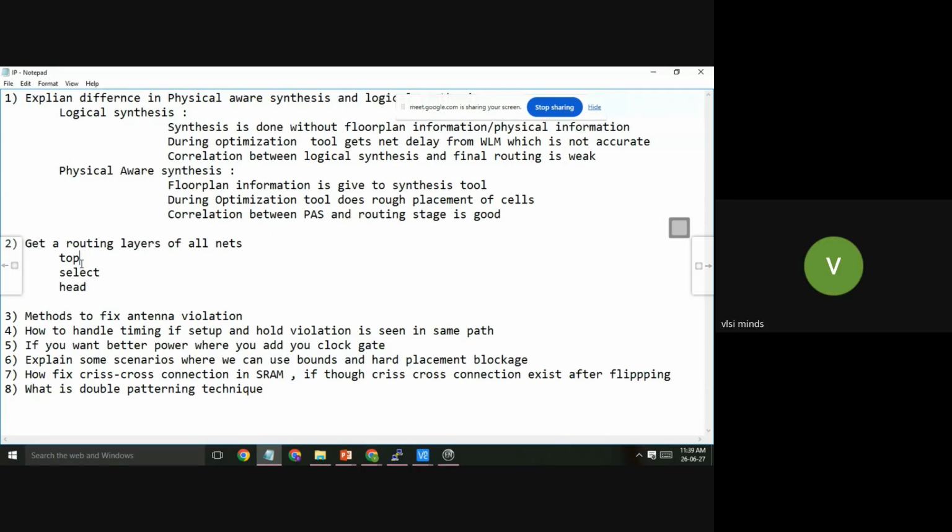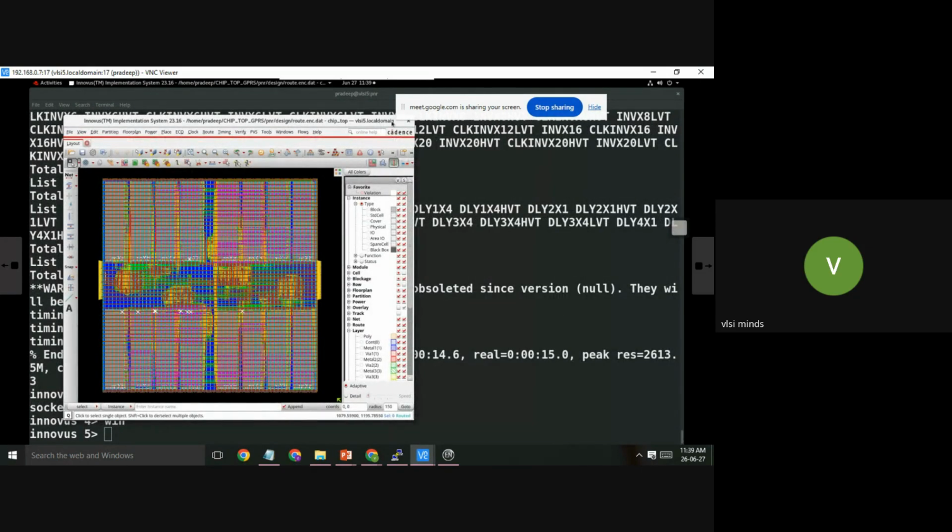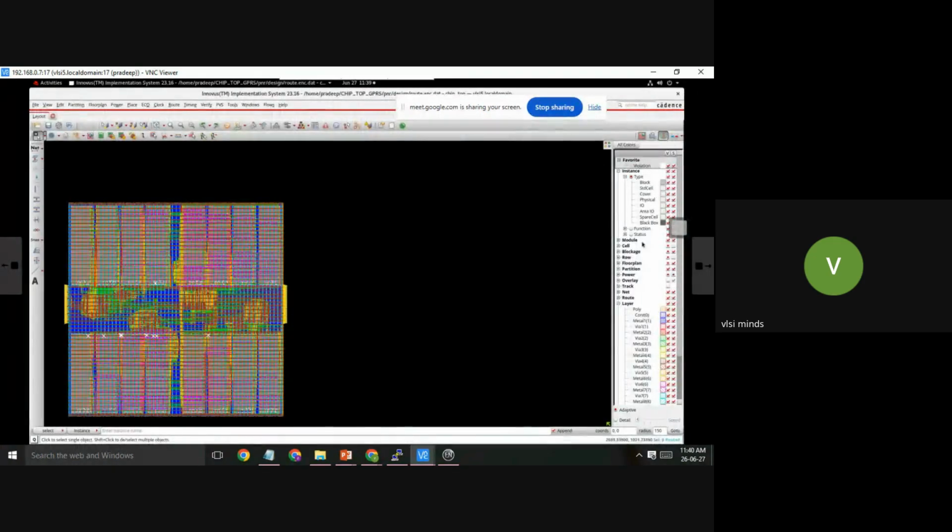See, top means whatever is from the design, from the netlist, whatever you're seeing here, on this right side. All these things you can get from the top. So top means it's like the floorplan core area. What is in the core area? Macros, your standard cells, ports. So everything, if you want to get it, you should come from the top.